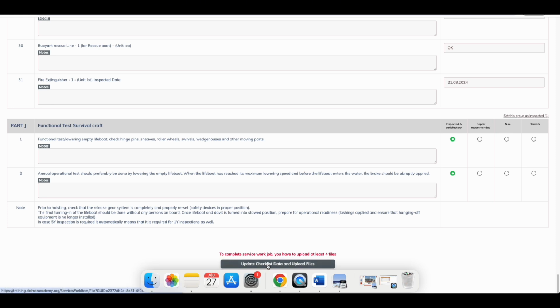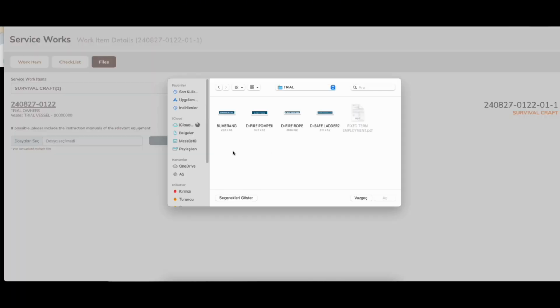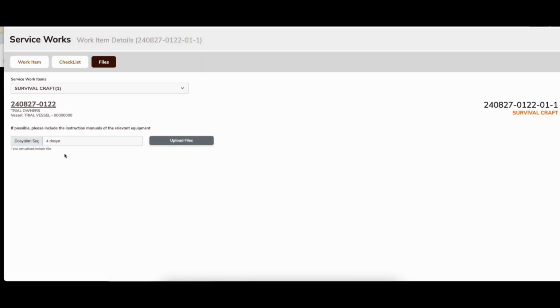Anyway, when you click that, you'll be directly redirected to this page, and when you click that, you will upload all the necessary information. This button will automatically open your files. When you open the necessary file, you can also choose and go to the necessary documents. You will upload at least 4 files. You remember that? That's why I'm choosing that one and that and that and that, and open it and upload